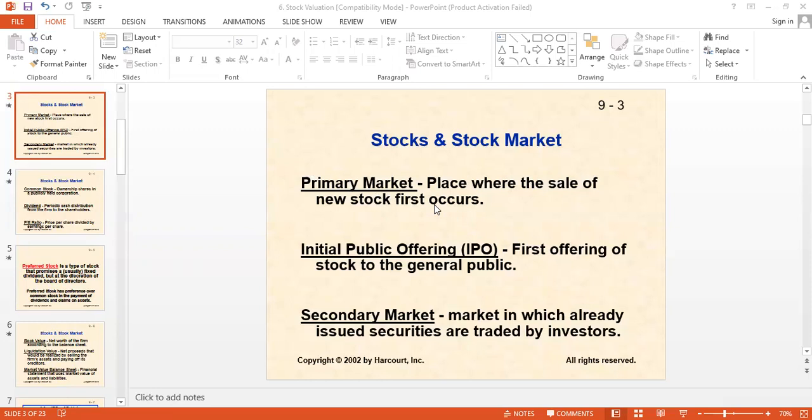For instance, I have advertised in a daily newspaper that this is my company, this is what we do, we are in need of financial capital, and we have decided we are interested in selling the shares of our company. So whoever is interested, please submit your form and your amount. We will give you our shares, and you are supposed to pay us for those shares. Then you will become our partner, a proportionate owner of our organization. So this is the first time I am selling shares of my company.